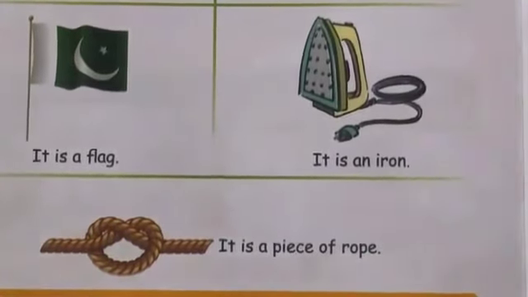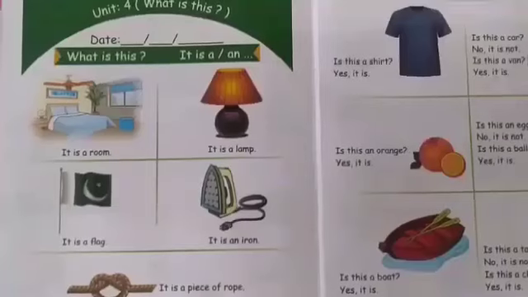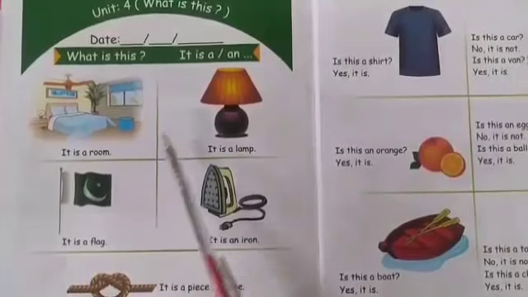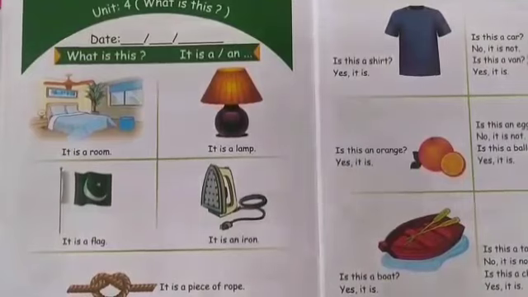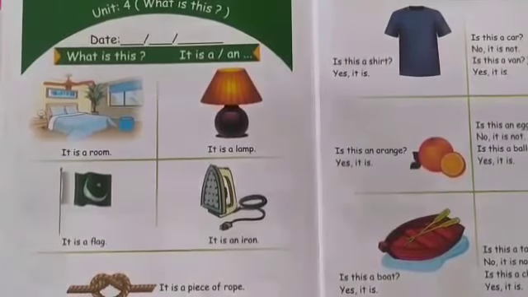Okay, now let me show you the complete page. Students, have you noticed all the things which we have read on this page are non-living things? It means we use it with non-living things. When we have to give the answer about any object which is non-living or an animal, we use it. Is it clear? Now let's go to the next page and you have to read this page 5 times.